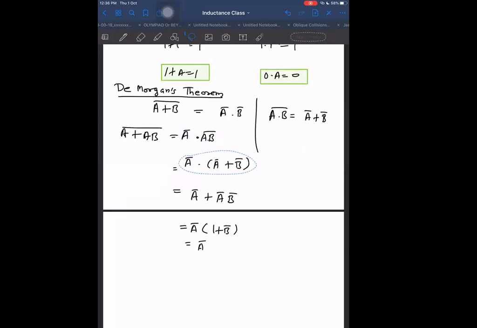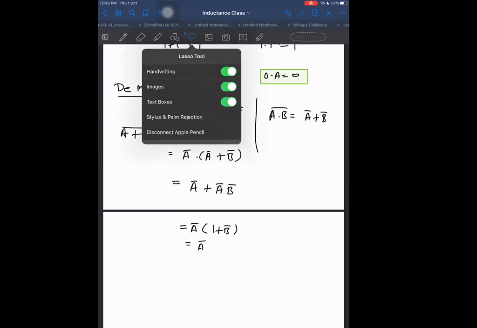What is, sir, no, it is not A plus B whole bar, no, sir. It is A bar plus B bar, no, sir. Which one? From the second step to the third step, that I have done wrong. Let me check once. A bar dot A whole bar bar plus B bar whole bar, sir. A plus B whole bar equal to A bar dot B bar. No, no, no, no. Correct only, sir. It is right. You don't know the rule.